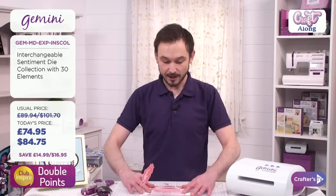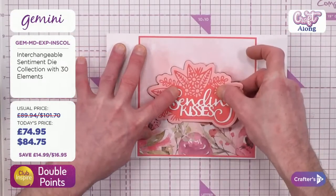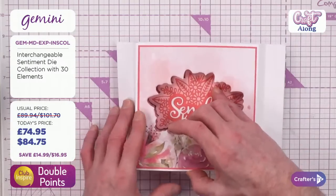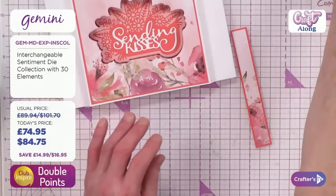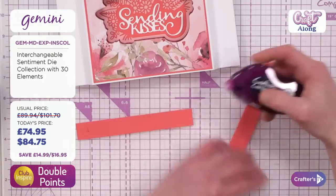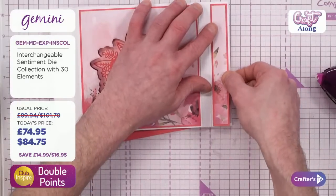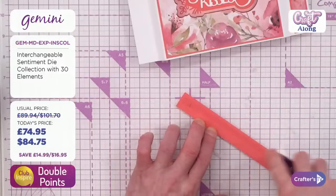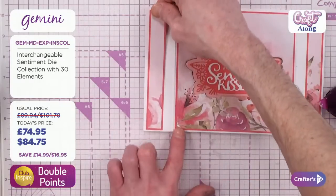But what I've done now, so now I'm just laying that one flat that we can see here. And then what I'm going to do is I'm going to pop that in right over the top. And then I'm just going to carefully manipulate that out. We're going to pop the sides in. And then I've got a couple of other strips here and then here. Popping our adhesive on, so all the way round. Let's pop here. So if I set that into place here, I'm going to rub that one, and then what I'm going to do, I'm going to tape this side here,